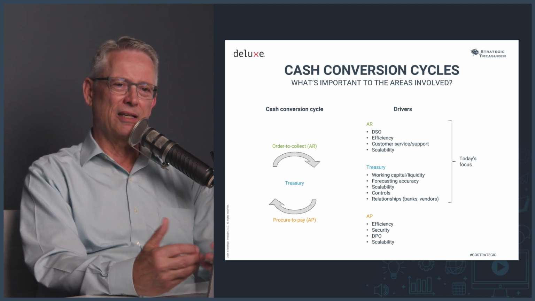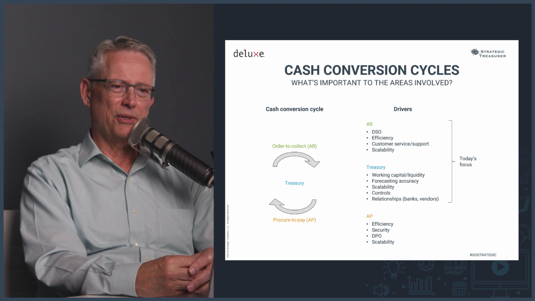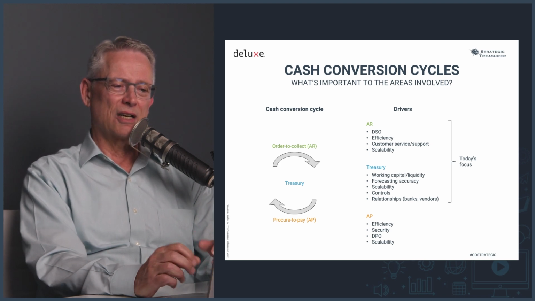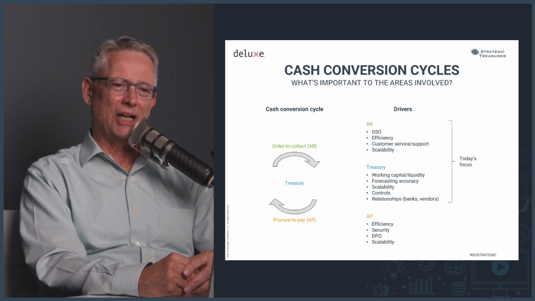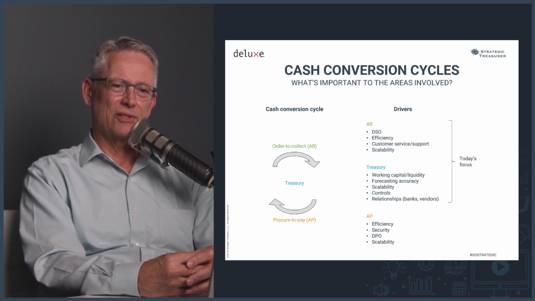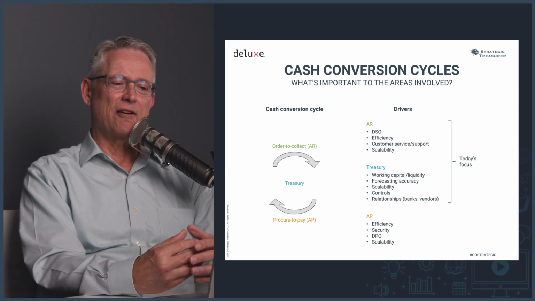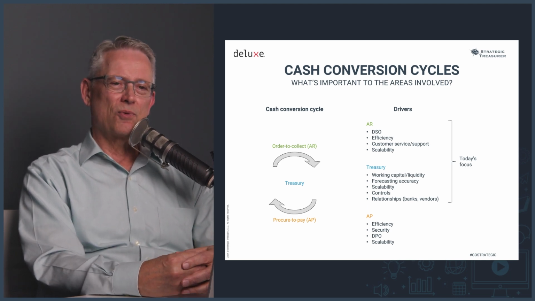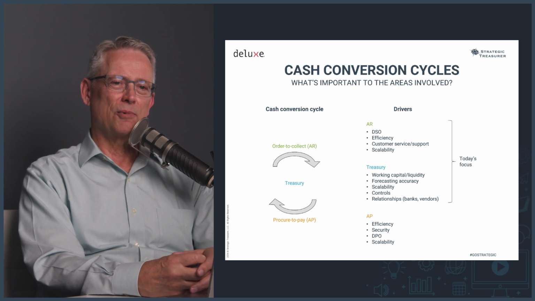Again, scalability. Everybody needs to be concerned about scalability. Treasury really takes on a lot of responsibilities for controls. They're typically the ones dealing with the various parts of the company that are concerned with compliance and things of that nature. They're going to be called to task to make sure they have policies and procedures in place. And of course, as I mentioned before, they're typically responsible for relationships with banks and